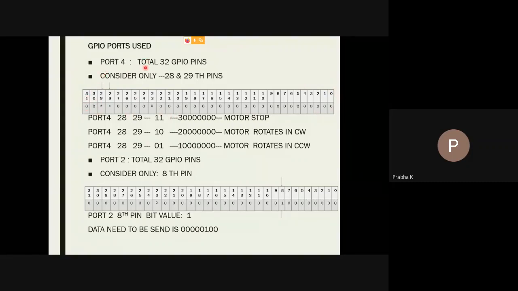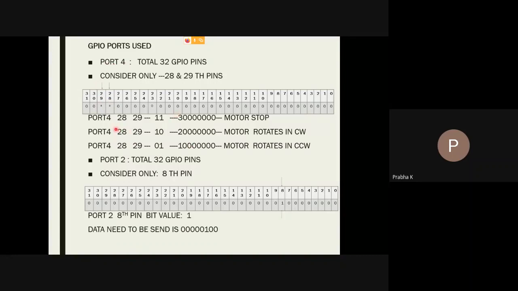So in port 4, we have 32 GPIO pins, numbered from 0, 1 up to 30, 31. But we are considering only 2 pins, the 28th pin and 29th pin. These are the 2 pins to which input 1 and input 2 of my L293D driver IC are connected. So we are concentrating only on 2 GPIO pins, pin number 28 and 29 of port 4.